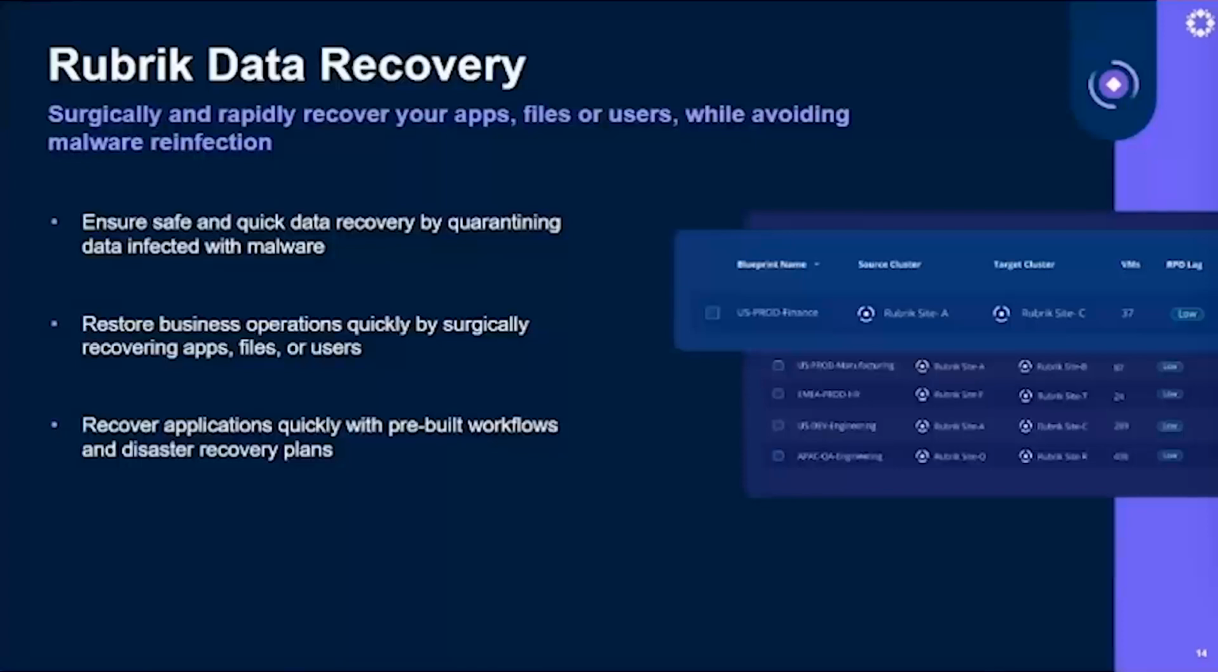Data recovery. One of the things that we pride ourselves on is the ability to help our customers in the situation where they may have been hit by a ransomware attack, and have them leverage the resources available within our product to be able to recover quickly. We can recover in bulk, or we can leverage a surgical recovery, whether it's your apps, files, whatever the case may be. We want to ensure that our customer is able to recover their data safely by quarantining data that's been infected by malware,